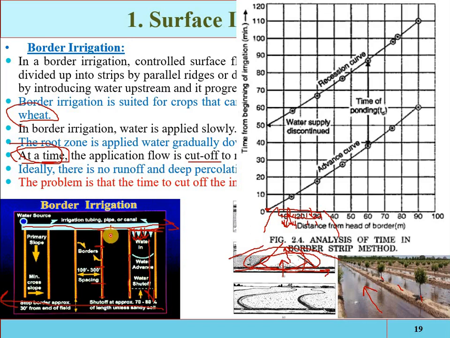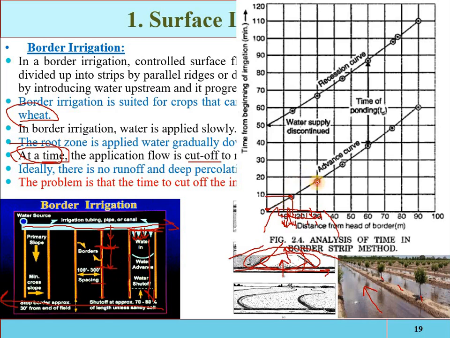Now when the water reaches this second point, note down the time period, how much time it takes for the water to reach from the start to this point, and plot that point: what is the distance of this point from the starting point and what is the time taken by the water to reach it. For example, the distance of this point is 15 meters from the starting point and it takes almost 9 minutes. Similarly, when the water reaches the third point, note down its distance from the start of the border and how much time it takes the water to reach up to here.